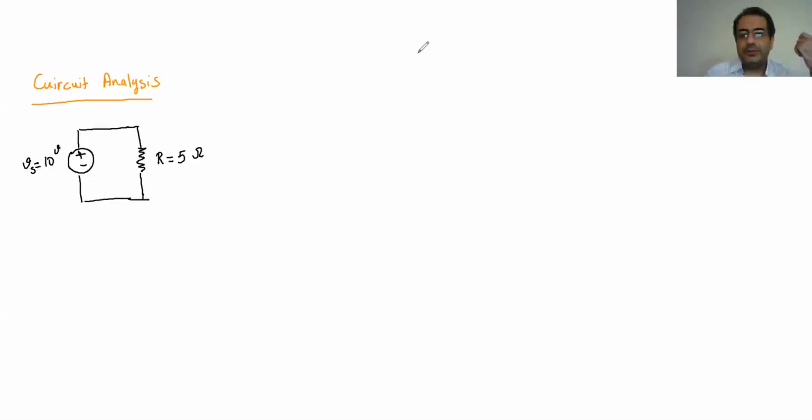So the very first step is to choose the I. Just assume the direction of I. I usually put the I going from negative to positive. So I would say that this is the I. And then I would choose, for